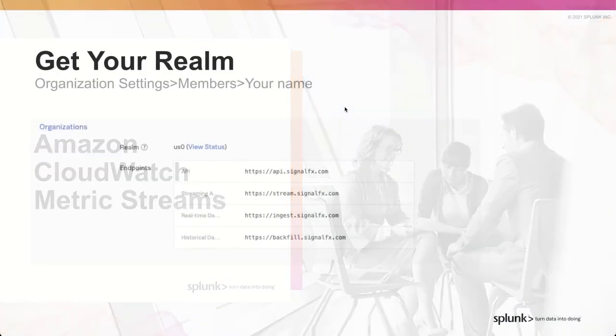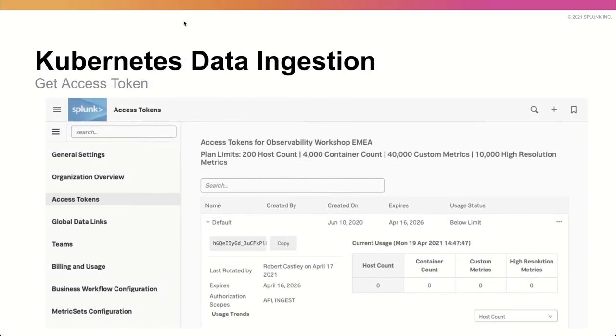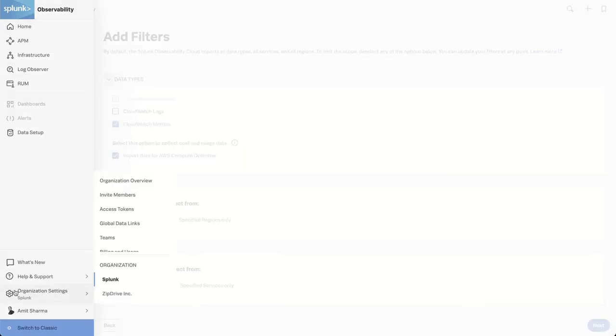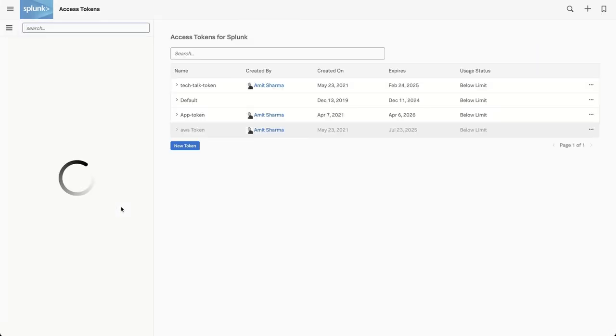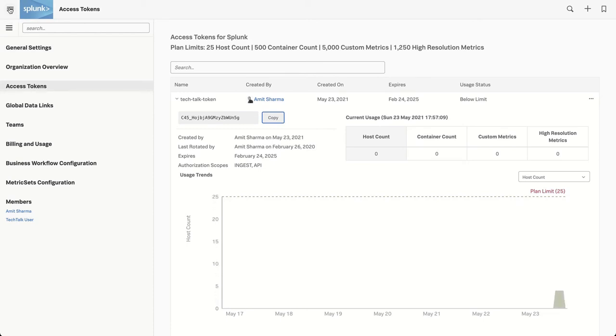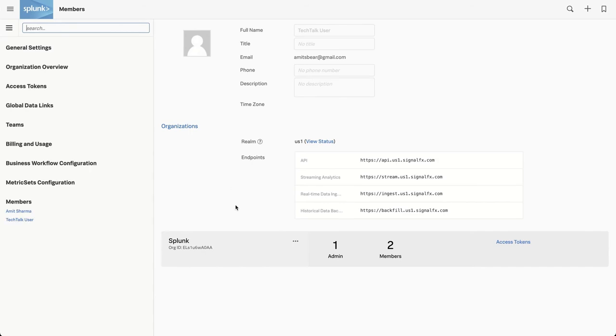For CloudWatch metric stream, before we progress, we need to get something called the realm, where Splunk Infrastructure Monitoring is deployed, and an access token. They are easy to get. So here I'm going to take a look at observability, my organization settings, access token, and I'm going to click on Tech Talk token and copy this. For getting the realm, I'll go to organization settings, members, and my name or Tech Talk username. This is the realm